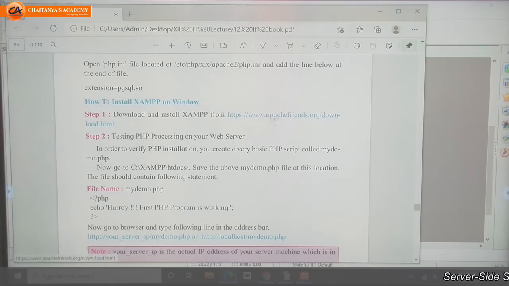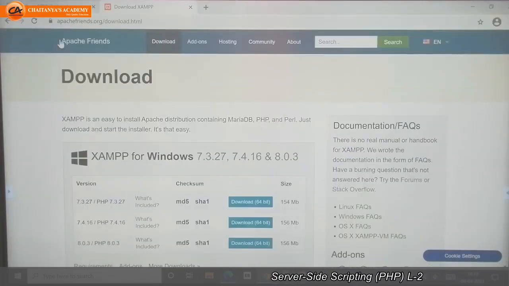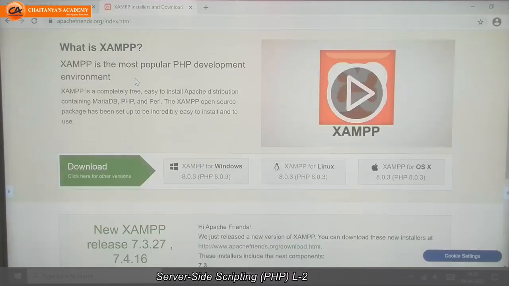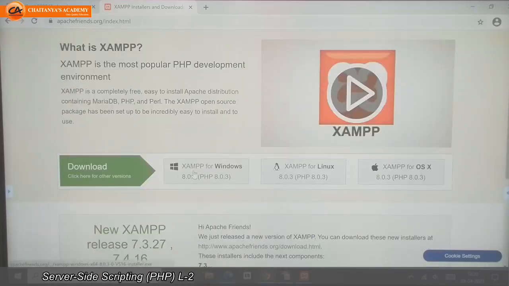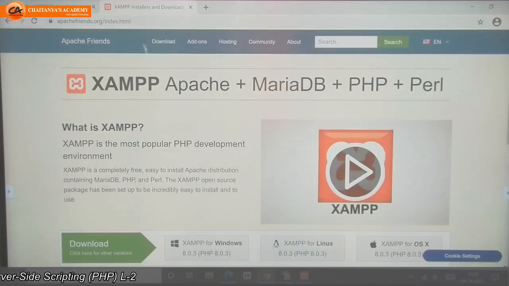So just go to the apachefriends.org website. It will give you this home page. Then you can go directly from here, or you can go to this download tab.